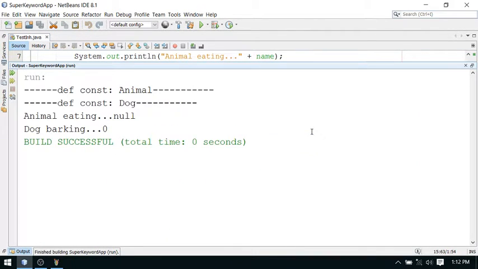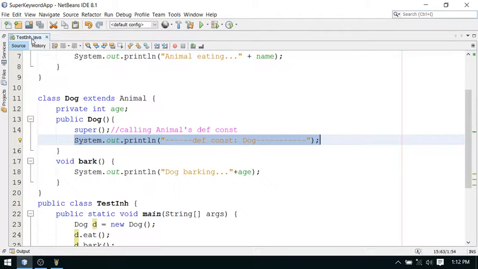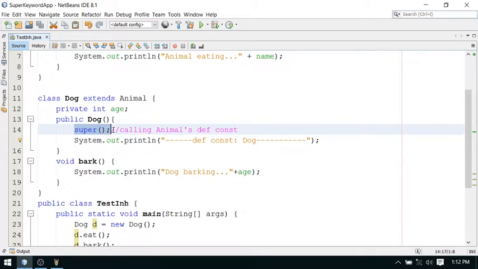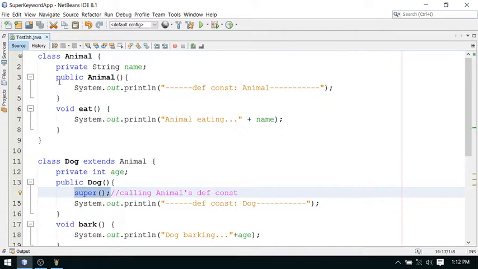This whole stuff is making it clear that there is a connectivity between parent and child. So when there is a connectivity between parent and child, and we are able to call the parent constructor, it means I can pass the data also. Now look at another part. I'm going to provide here